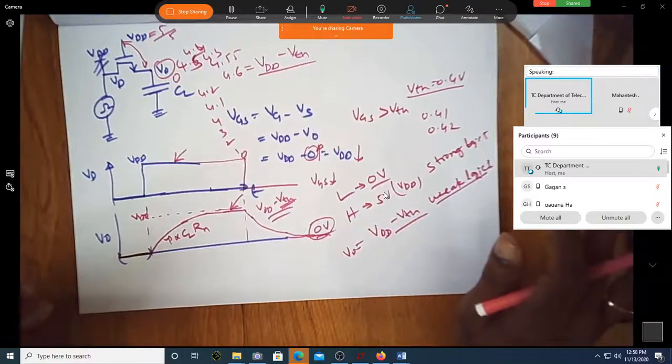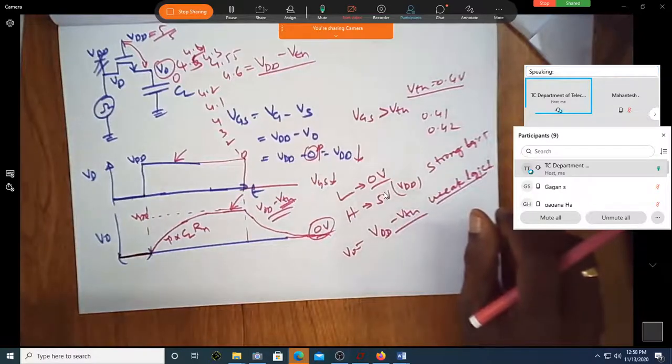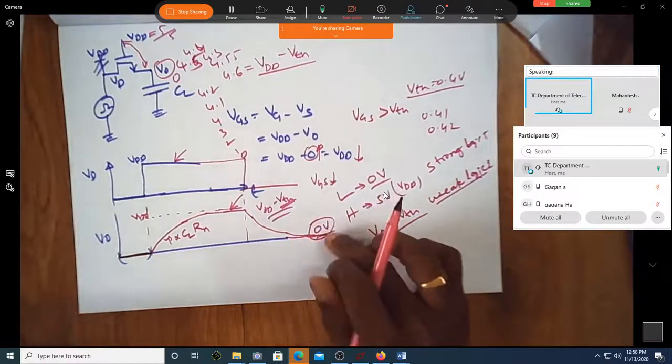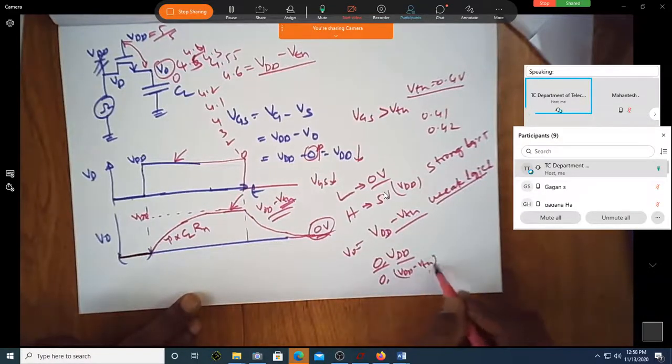Output and input both are 0 volts. Output is 0. Of course, input is already 0. It is strong, but output can also go down to 0. So that's why, because 0 and VDD are the strong levels. If it is 0 and VDD minus VTH, then I'll say this is weak. Instead of 0, if I end up with VTH and VDD, can you see this is strong 1, weak low? Instead of reaching 0, I'm there at 0.4. I'm in trouble. Trouble means it is not going to fully 0, it is now VTH.